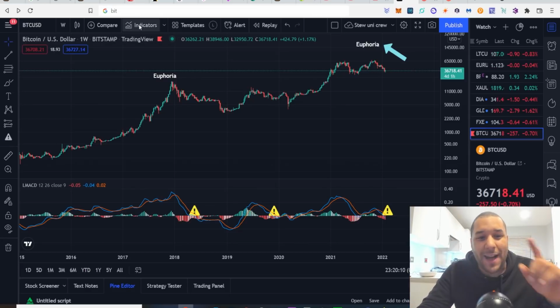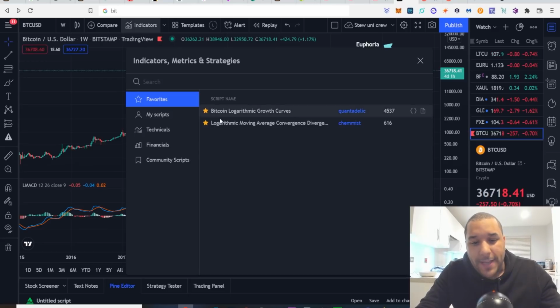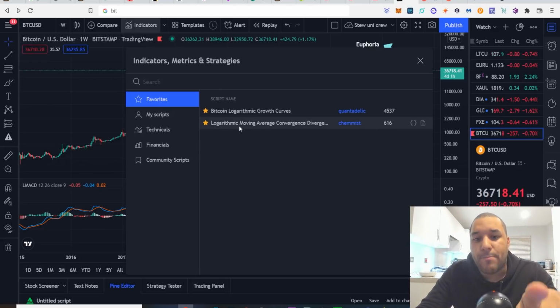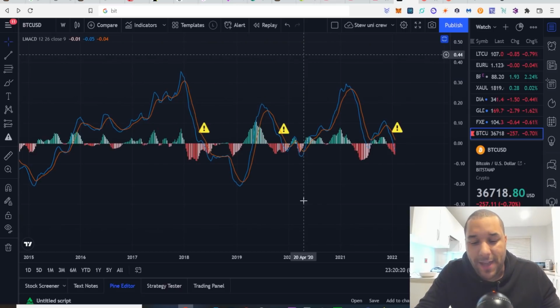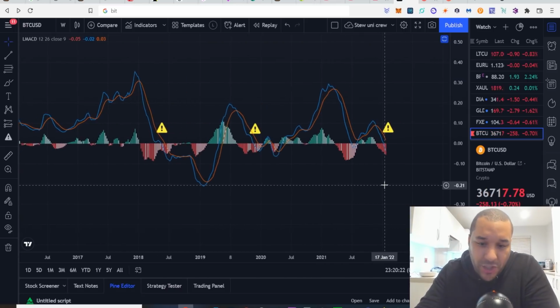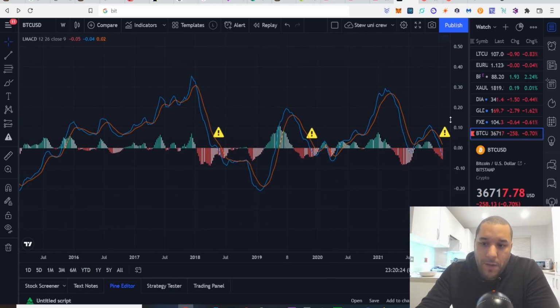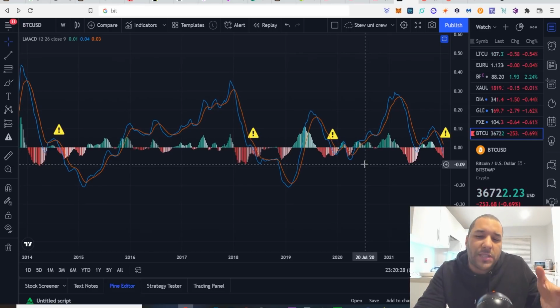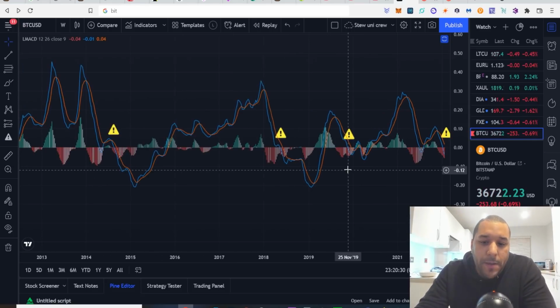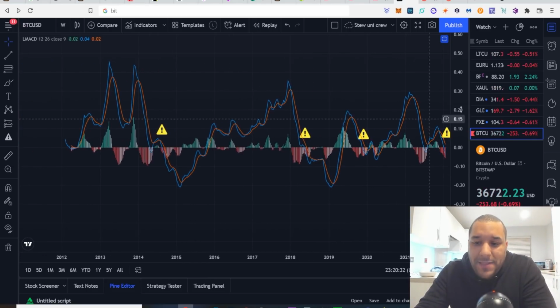That being said, I brought up a really powerful chart. It's called the logarithmic moving average convergence and divergence. This indicator right here is powerful and I just want to focus your attention on it. What does it do? Well, it shows momentum and it also looks like it's using MACD as well, but it's mainly about momentum in